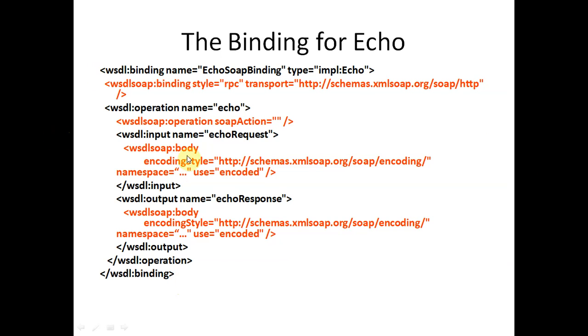Again you can see the program is also designed accordingly. One part is the request part and another part is the response part. So this is the request part. In the request part we are sending this request; it is started by WSDL soap body, and here we write the encoding style used, and this is WSDL input. We start with wsdl:input and close with slash wsdl:input, and this is output also, meaning response, wsdl:output and slash wsdl:output, name echo request and name echo response.